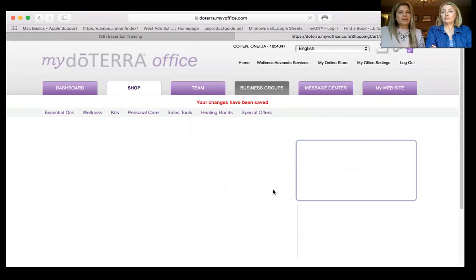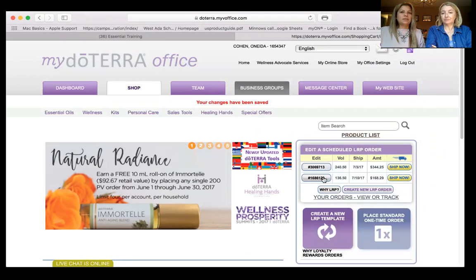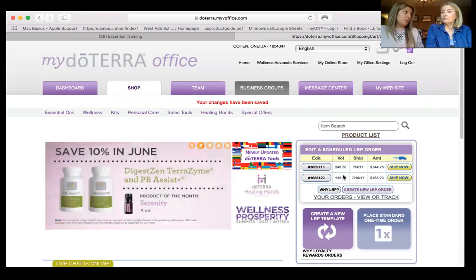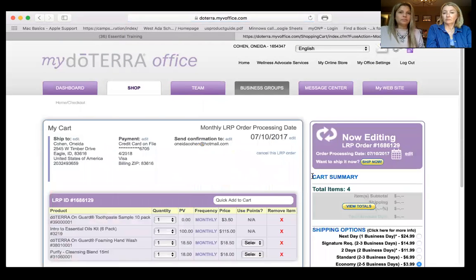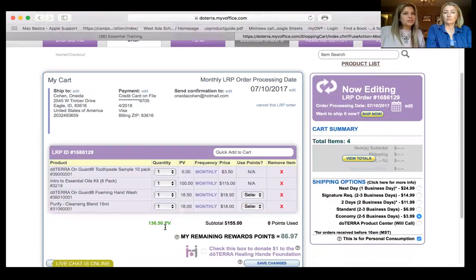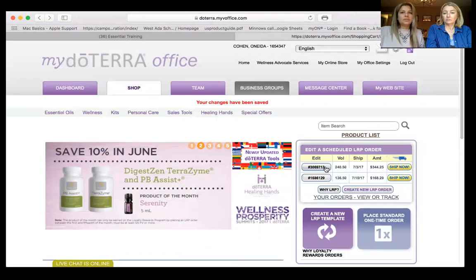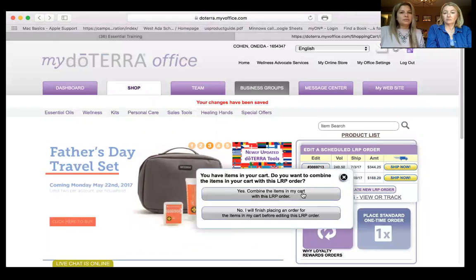And you will see that I now have 2 LRPs, okay, right here. This is the one that we created. This is great for you to do on your wish list appointment. When you do your wish list appointment, this is where you can show them how to do it, and you can go and do the drop-down system. So let me go back. The one that I created was this one right now.